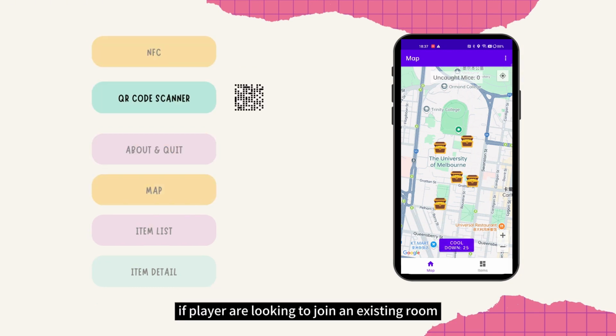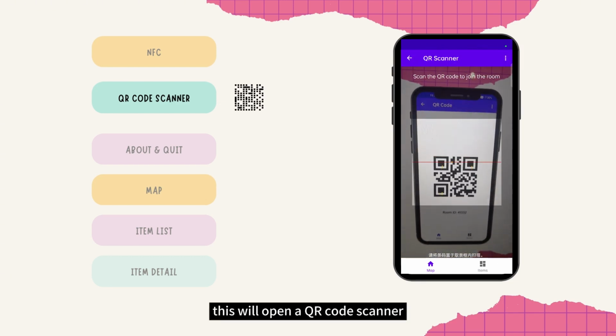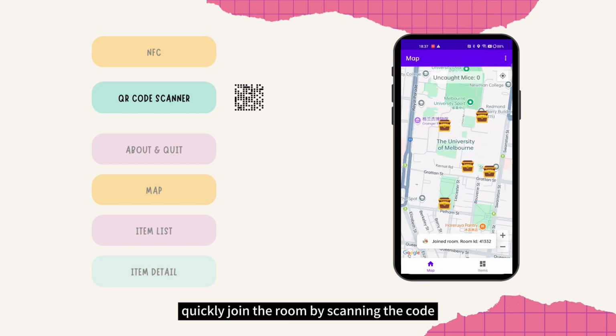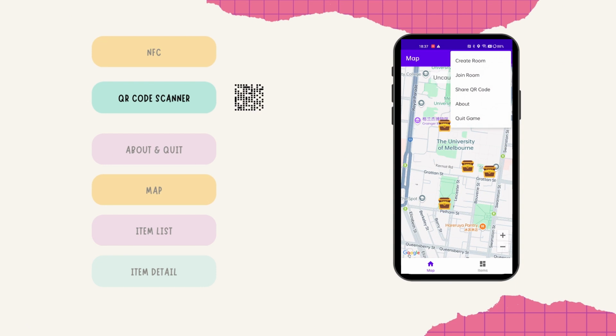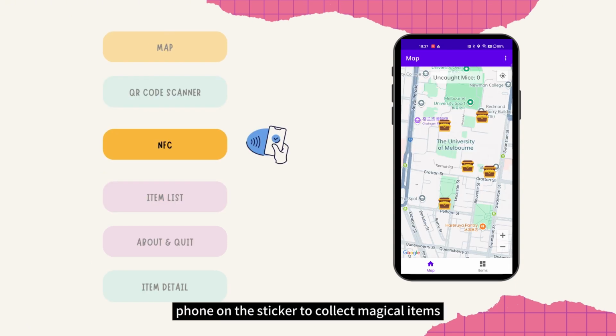If players are looking to join an existing room, we can use the Join Room menu option. This will open a QR code scanner, allowing us to quickly join the room by scanning the code. Once a player locates an NFC sticker displayed on the map, they can tap their phone on the sticker to